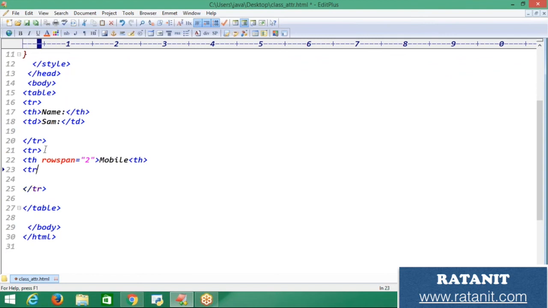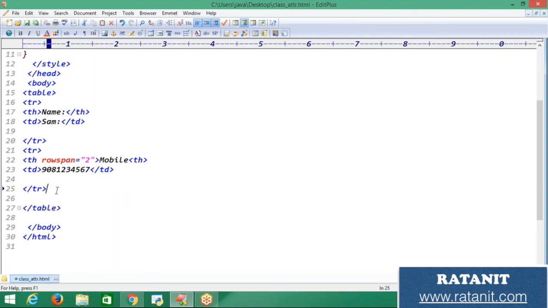Now I need to add 2 data over here, right? That is td, and here in td I'm going to add one mobile number, and I'm going to close this td. In the same way, take another tr.